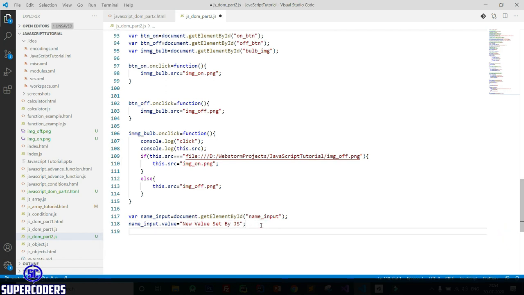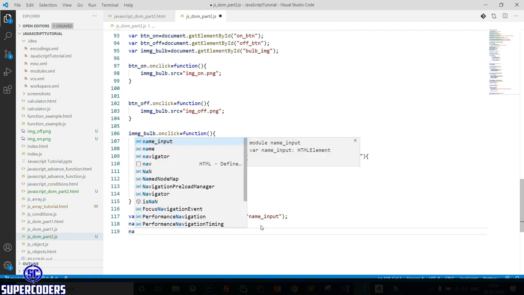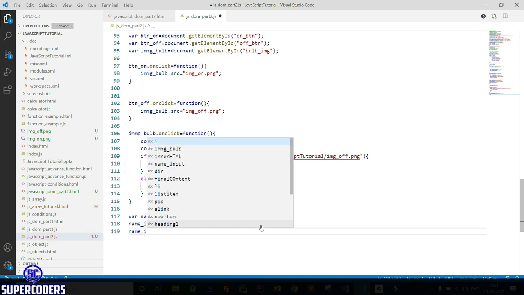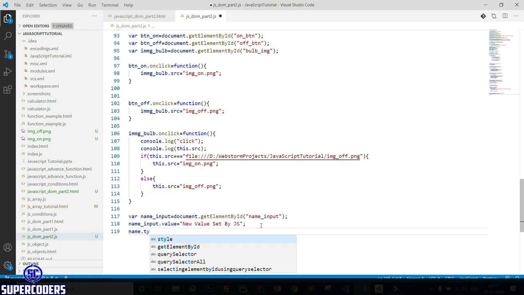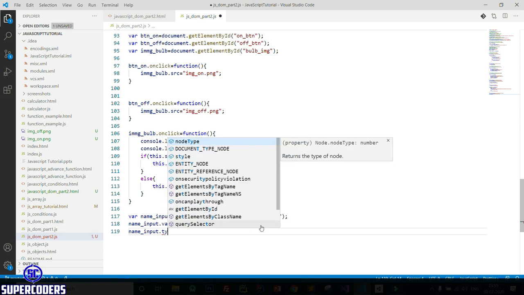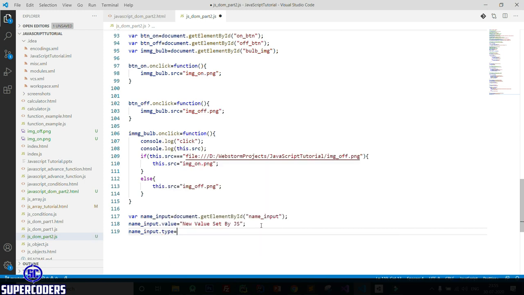Now also you can add some attributes, like changing the type: name input dot type equal to password.